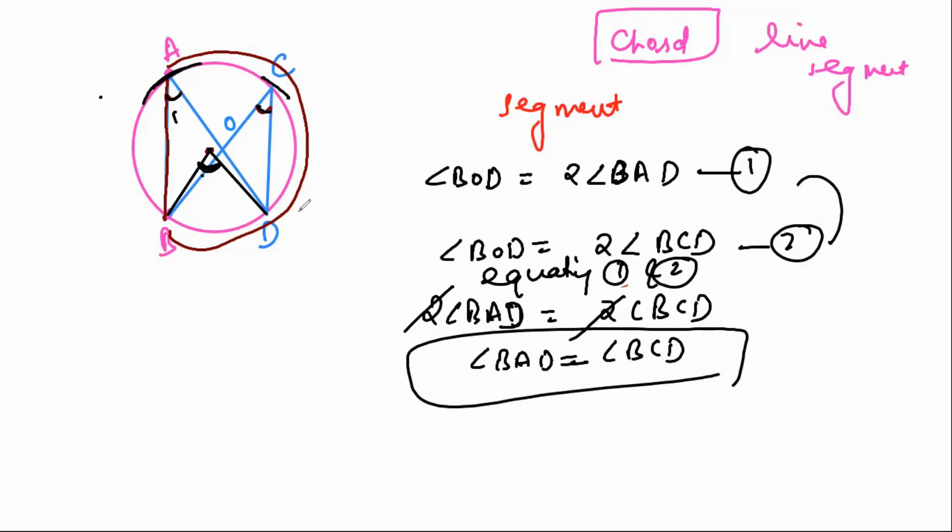Now it's very important to understand that the lines I am making, AD and CB, are not touching the center. Okay, that is the important point that you have to remember. So this is the way to prove that